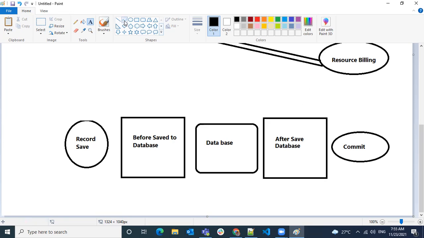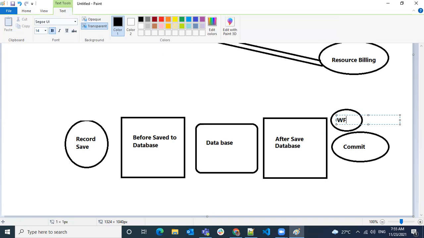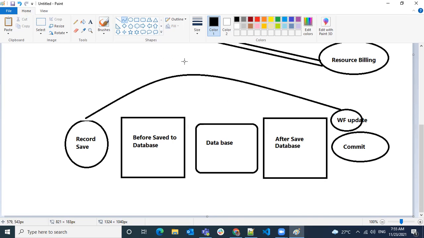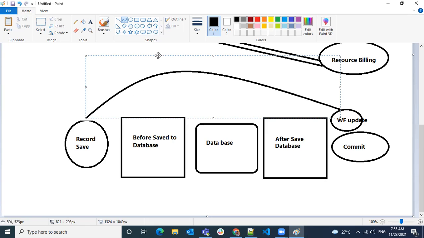So what will happen again when you have a save, after save, if you have some logic saying a workflow field update? Based on this update, it will start from here again, with all the changes you have made.